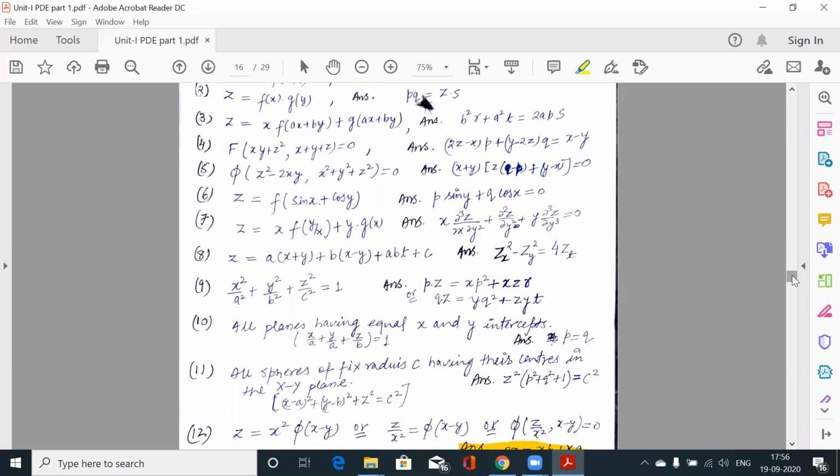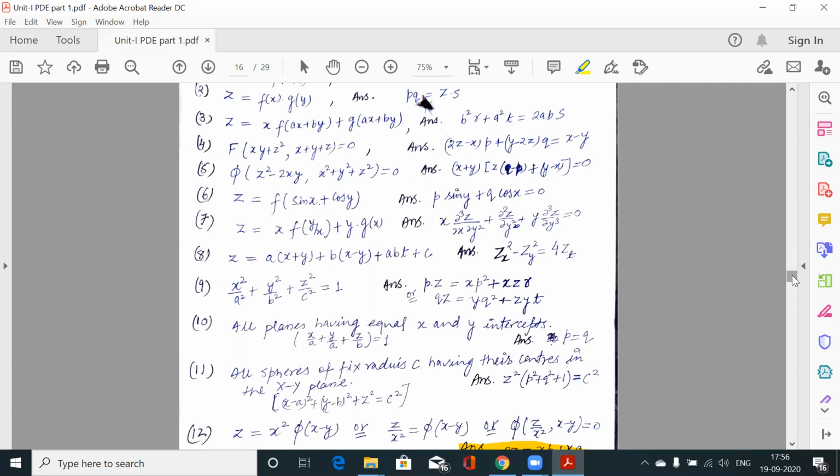The third concept is the particular case. If your question is given in a particular form, phi of u, v is equal to 0, u is equal to phi of v, v is equal to phi of u, then we know our answer format. In that format, we have to fill the values of capital P, capital Q, capital R, which are nothing else but the Jacobians. So you need to remember the definition of Jacobian. So our first topic is complete.